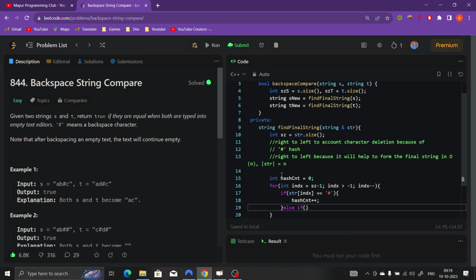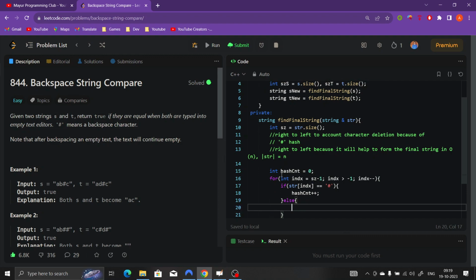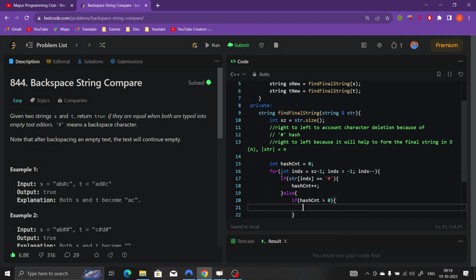And then if that's not the case, then if your hash count is currently greater than 0, then what you will do is decrease your hash count and do nothing. This character will be skipped, keeping the current non hash character. Okay,